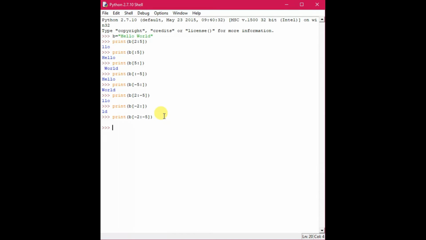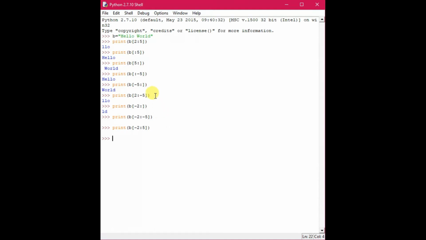Now the next, we are just improvising a little bit. Now you see b[-2:5]. I'm showing you the different aspects. That is also not giving any output, because the string index is not supporting it, that's why nothing has been generated.